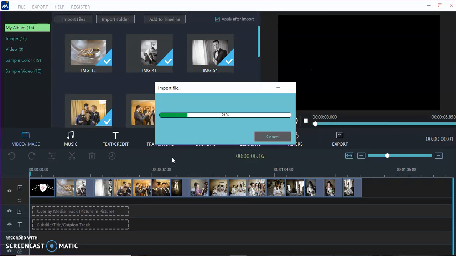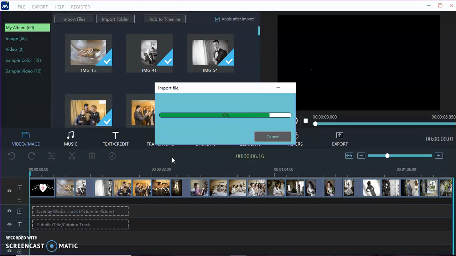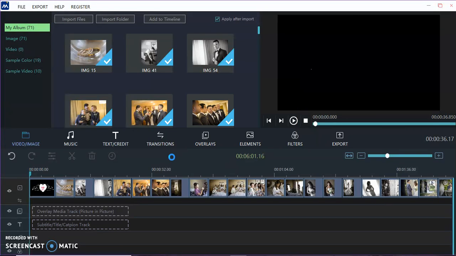As you can see, the imported file is loading up and it's going through the various percentages. Once it gets to 100%, it will all be there. Just wait just a moment. It is going quite fast, as you can see. So now that all of those are imported, I can go through and I can select which ones I want